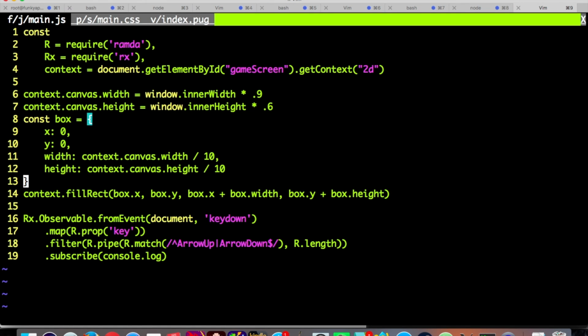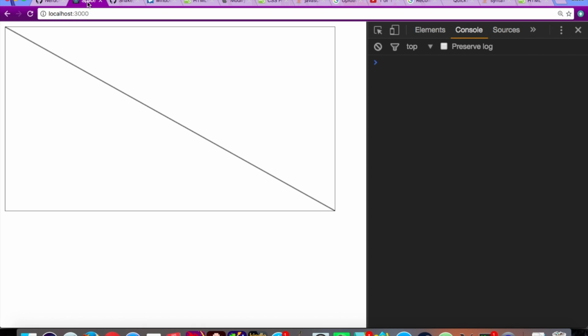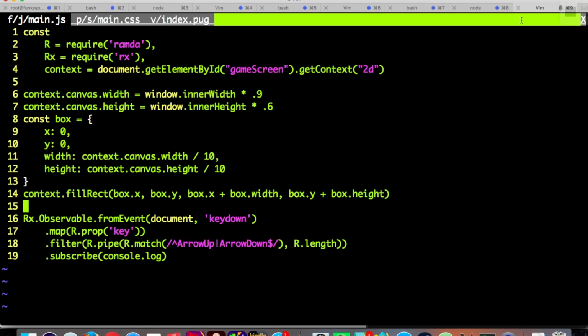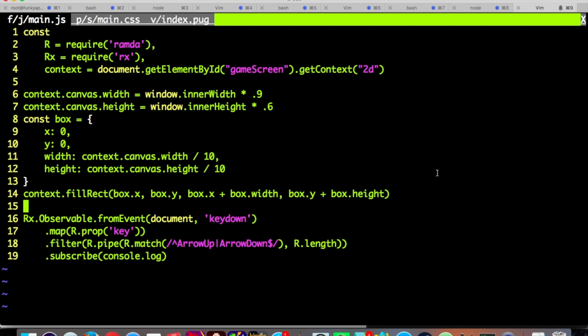Did I build this? I did. Okay. That's a decent size. Yes, it rang a bell. That's fine. I don't know why it rang a bell, but it's okay. All right. So now